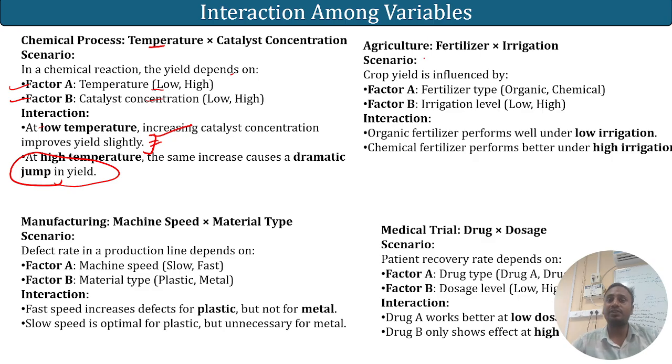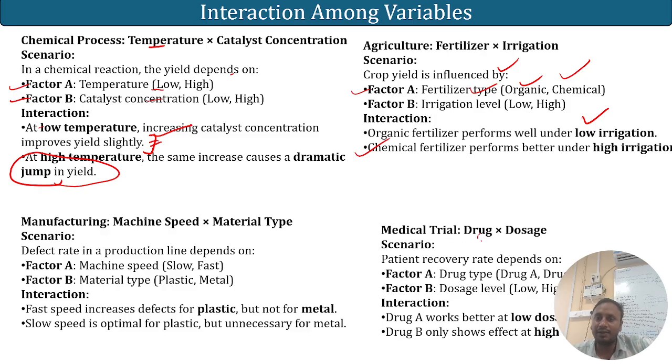Similarly in agriculture, fertilizer and irrigation. Crop yield is influenced by factor A, the fertilizer type, organic or chemical. If we have farmlands and use chemical or organic fertilizer, it will change depending on low and high irrigation. Organic fertilizer will perform better under low irrigation. Chemical fertilizer will perform better under high irrigation. It's something called